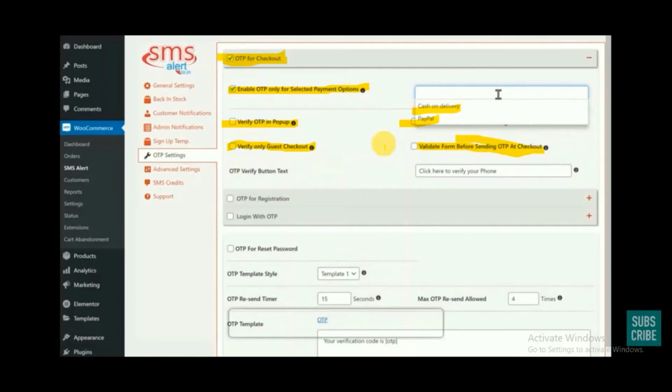So you can do it in this way, and you can find this OTP verify button text. So you can give the OTP verify button text, and it is here like 'click here to verify your phone'. You can even make it other text also, it's all up to you.